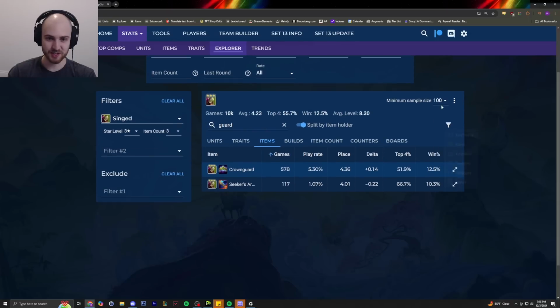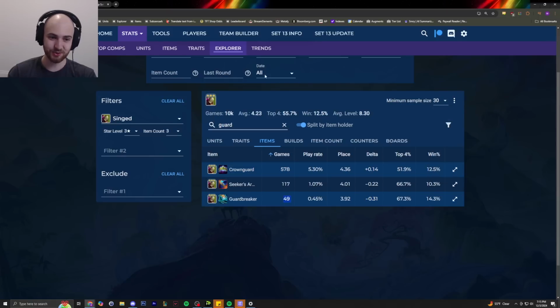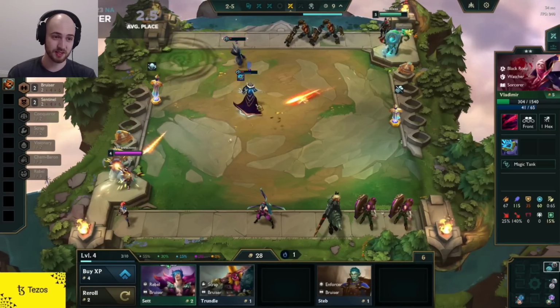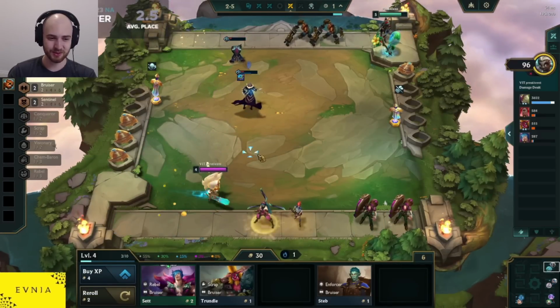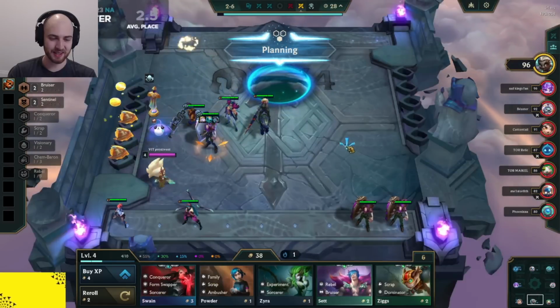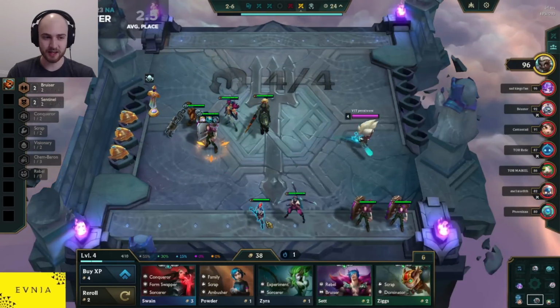We can bring down the filters a little bit, but it is very, very infrequently built. It's negative delta, only 49 games, but it's negative delta. But I actually love this slam out of Prestivent. The only downside is it does kill that glove. Oof, and we do end up losing the fight. I love it less now that we've lost the fight with the slam, but the idea is